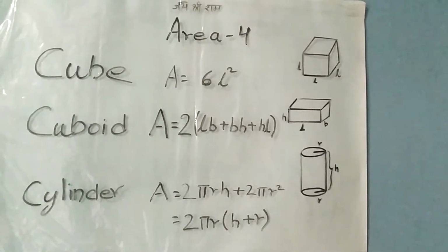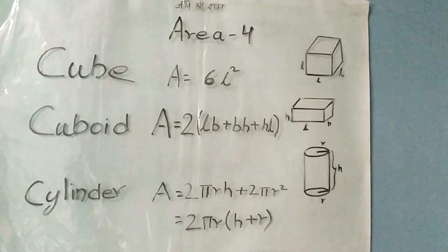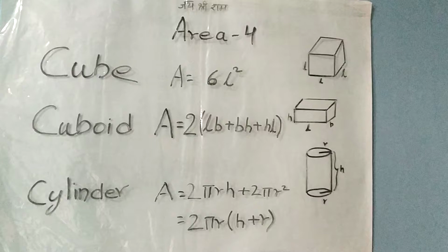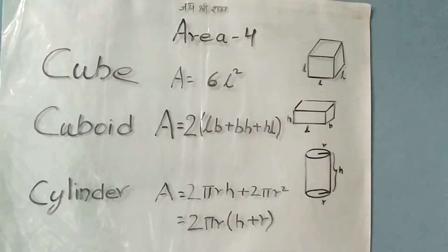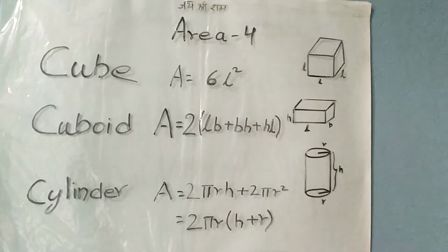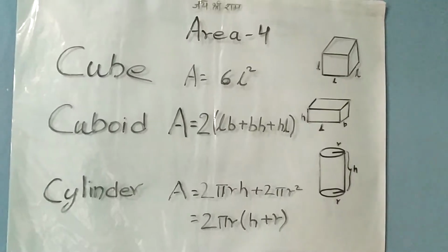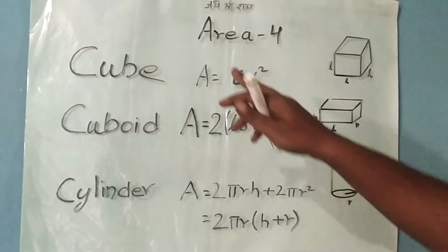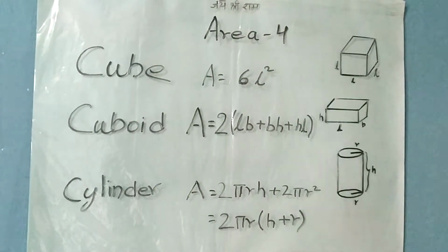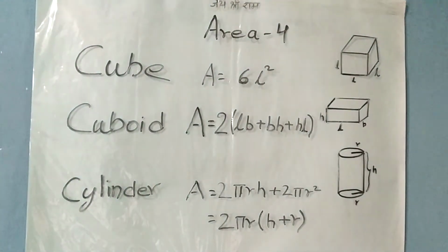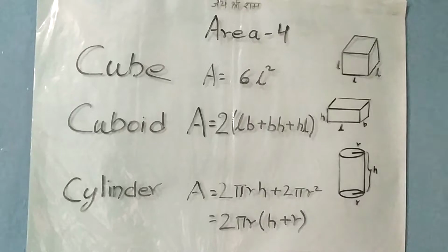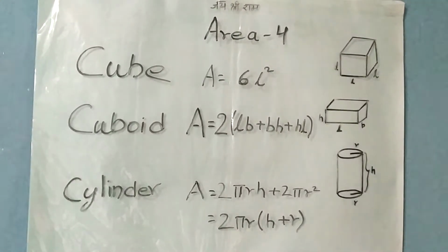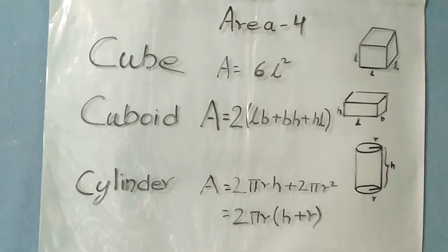In this channel we discuss the main and interesting facts of science and mathematics. Till now we have discussed geometrical shapes, their perimeters and the areas of some figures. Today we will talk about the areas of some 3D figures. Please watch my video till the end so that the concept of finding the areas of 3D shapes will be clear. Let's come to the point.